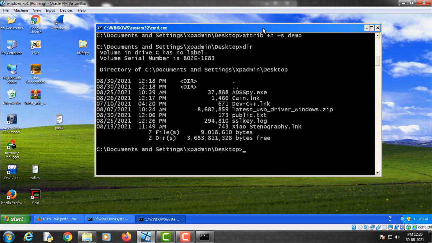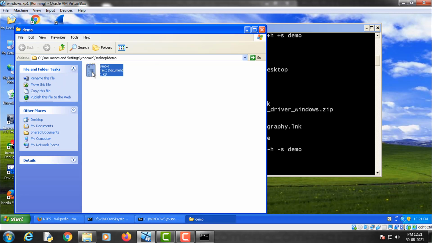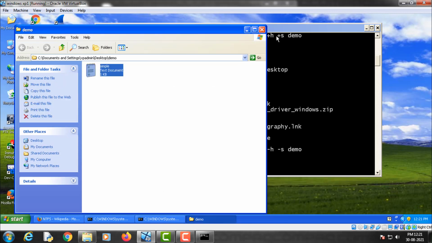Let me first unhide this folder. If you want to unhide this folder, you can just use the attrib command again and replace this plus sign with the minus sign, and the demo folder will again appear on the desktop. You can see it and check its content.